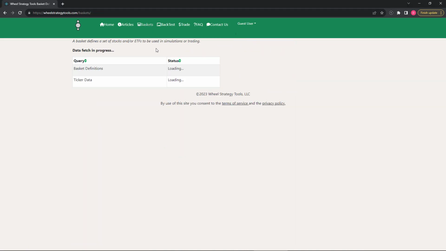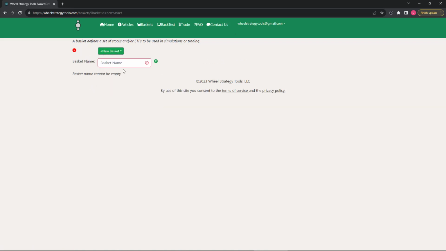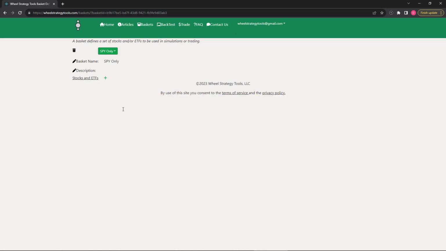From the Select Basket dropdown, select New Basket and give the basket a name. To add the ETF to the basket, click the plus sign next to Stocks and ETFs and begin typing the name. Select the ticker from the list shown. For a more general introduction to the Baskets tab, please see the link to the Creating and Updating Baskets article